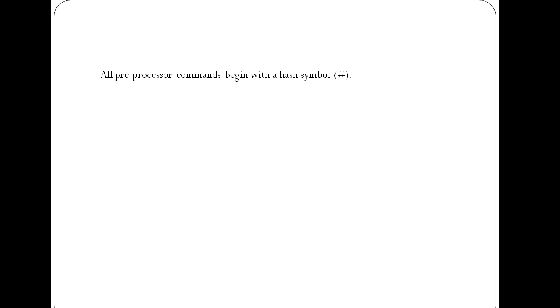All these preprocessor commands begin with a hash symbol. As you can see here, one commonly used preprocessor directive is #define. We are going to see an example for all these preprocessor directives, and I'll be taking you through the code. As of now, #define substitutes a preprocessor macro, in the sense that you can use #define to define a macro with some value.